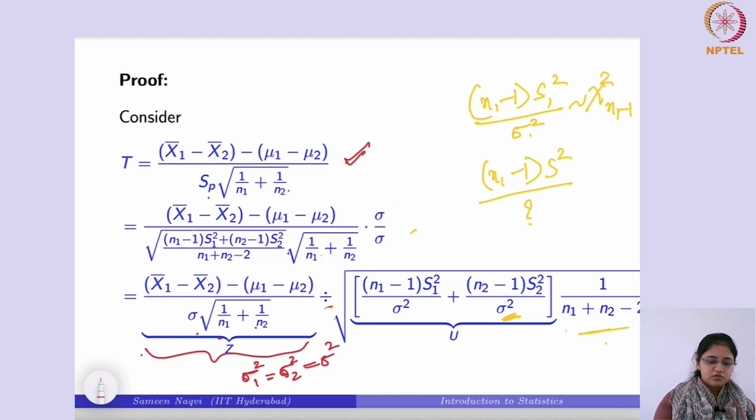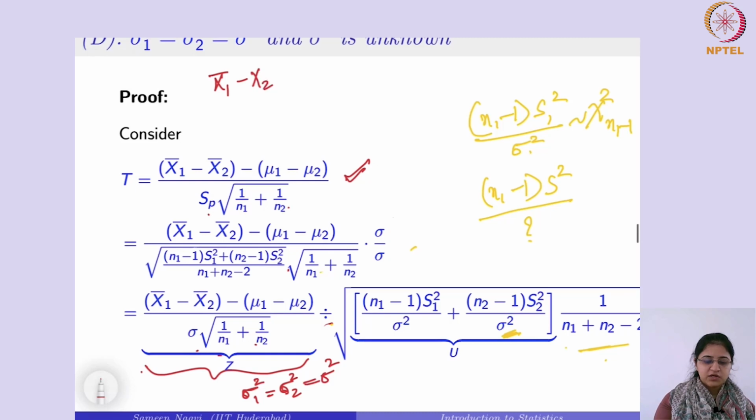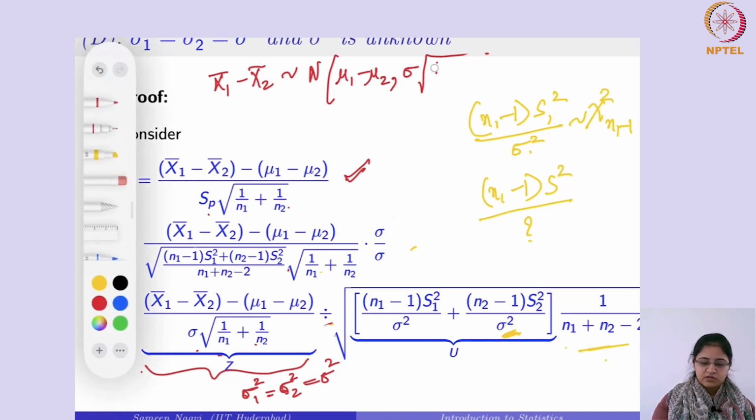So the second result said that x1 bar minus x2 bar follows normal with mean mu1 minus mu2 and, writing the variance only, it would be